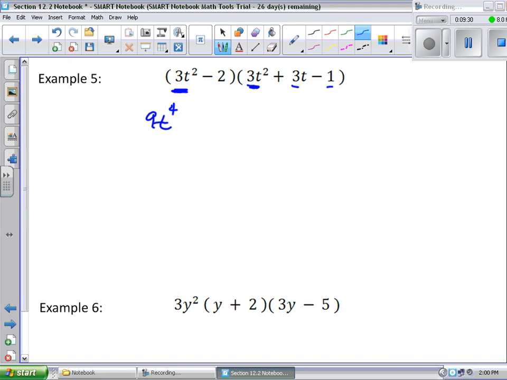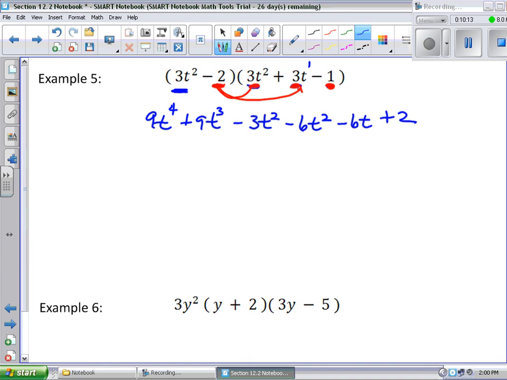Then 3t squared times 3t, the 3 times 3 will give us 9. The t squared times the t to the 1 would give us t to the 3rd. 3t squared times negative 1 would give us negative 3t squared. And now I want to multiply the negative 2 times all three of them. Negative 2 times 3t squared would give us negative 6t squared. Negative 2 times the 3t would give us negative 6t, and negative 2 times the negative 1 would give us